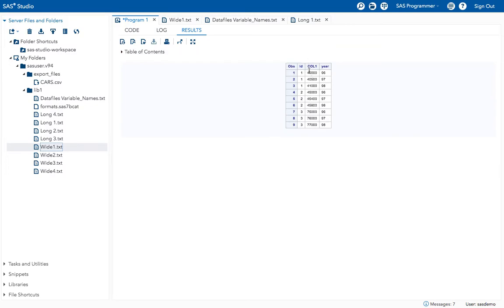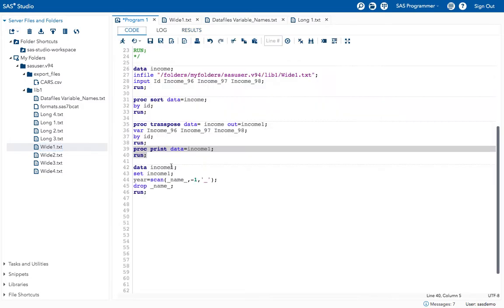Now I want to change this COL1 to income. How can I do that? By using the rename option, or if you want to change COL, you can do that by using the prefix option. We have seen that in yesterday's class. So I want to completely change its name to income.